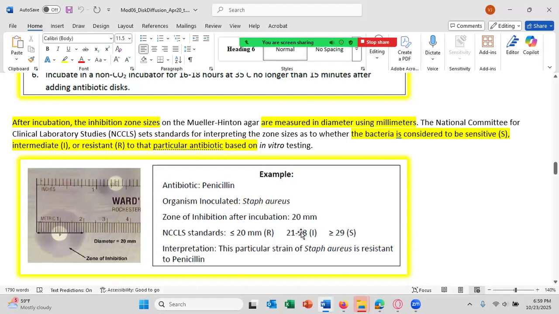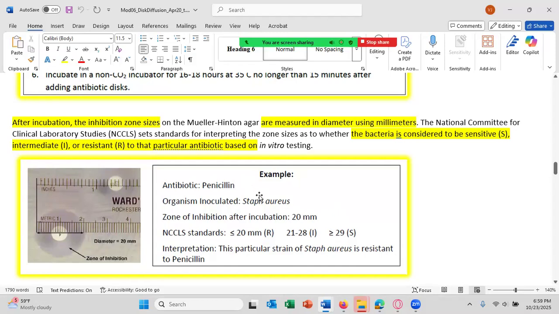And if the bacteria is Staphylococcus aureus and the antibiotic you're testing is penicillin G, if the diameter of your zone of inhibition is 20 millimeters or less, we say this bacteria, Staphylococcus aureus, is resistant to penicillin G. If, on the other hand, the diameter of the zone of inhibition is greater than or equal to 29 millimeters, you then say Staphylococcus aureus is sensitive to